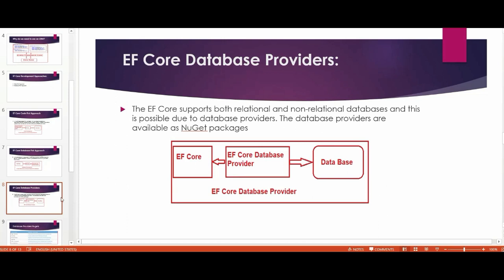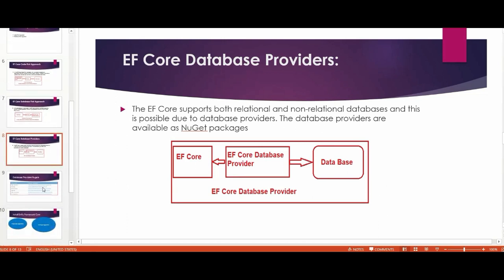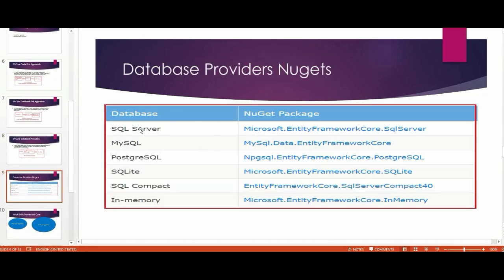Just to give you a snapshot of the database providers, you can see we have SQL Server. This is the NuGet package for SQL Server, which is the database provider with the specific functionality for SQL Server. We also have MySQL, PostgreSQL, SQLite, and all these. You can actually get these